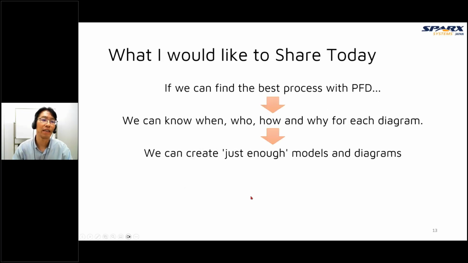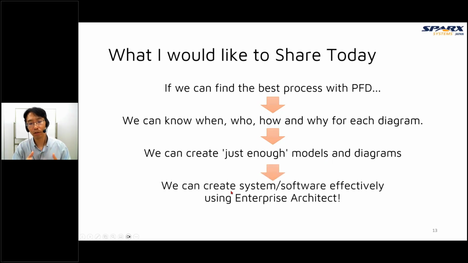So today, what I'd like to share is that if we can find the best process with a process flow diagram, PFD, we can know when, who, how, and why for each diagram. By understanding these points, we can create just enough models and diagrams. And if we can do that, we can create systems or software effectively using Enterprise Architect.